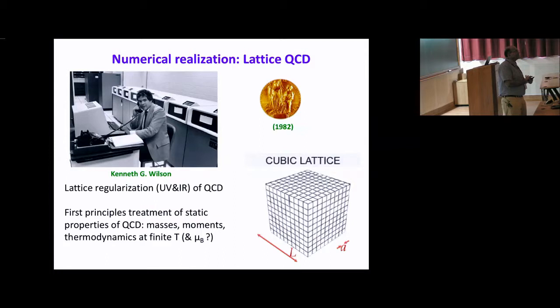Because as we know, in relativistic quantum field theories, it's not meaningful to think about such theories without the idea of regularization. It's fundamental to the nature of the theory that you have infrared and ultraviolet regulators, and the best way to think about these is a lattice. So if you have any problem in quantum field theory and you want to understand it deeply, try to put it on a lattice to really understand what's going on. This is really a deep concept, and the lattice has been enormously successful, as we heard from Peter,